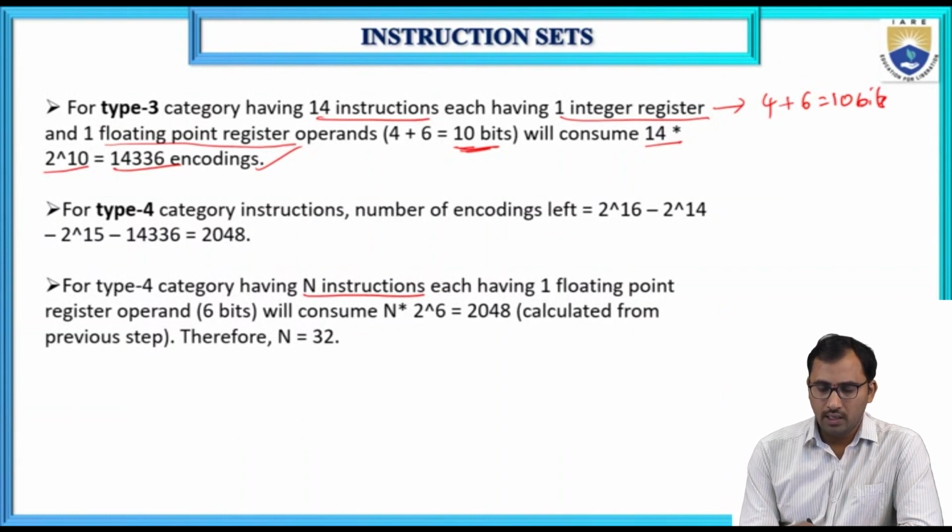In the type 4 category of instructions, the number of encodings left is 2 power 16 minus 2 power 14 minus 2 power 15 minus 14,336. So these are the remaining encodings left. So the total number of instructions is n into